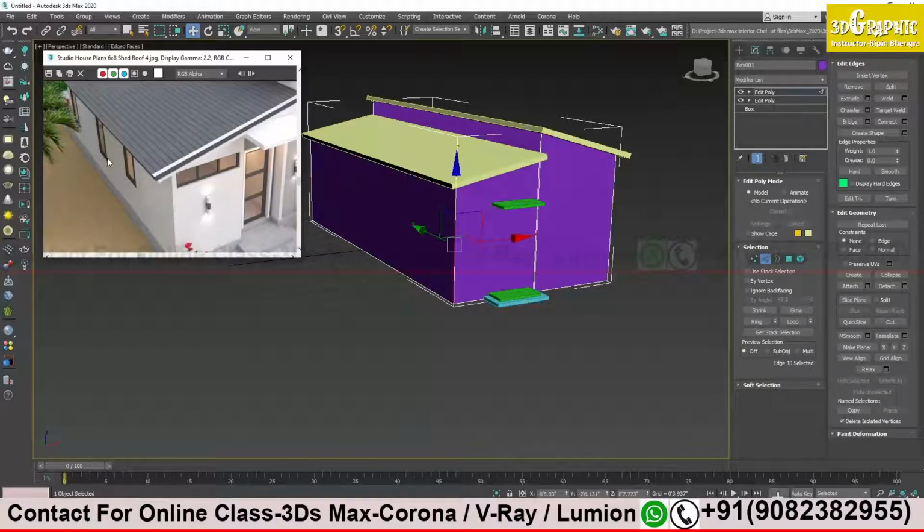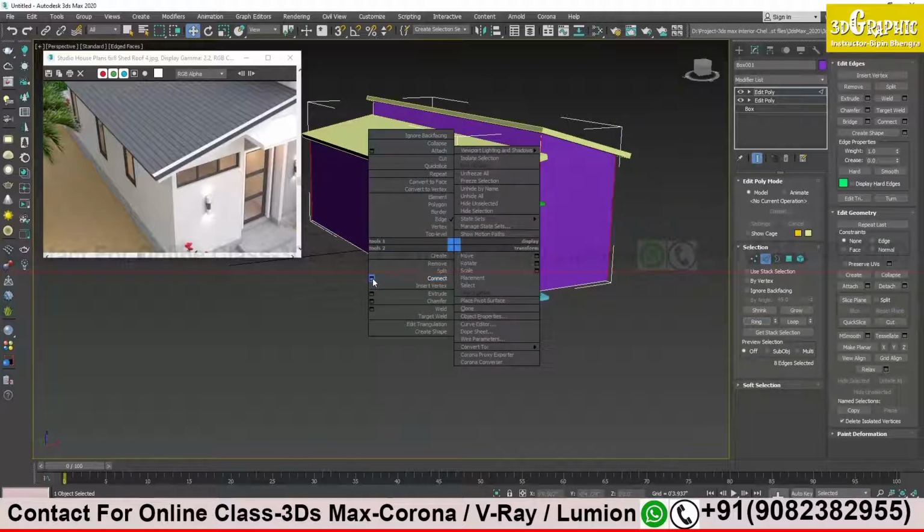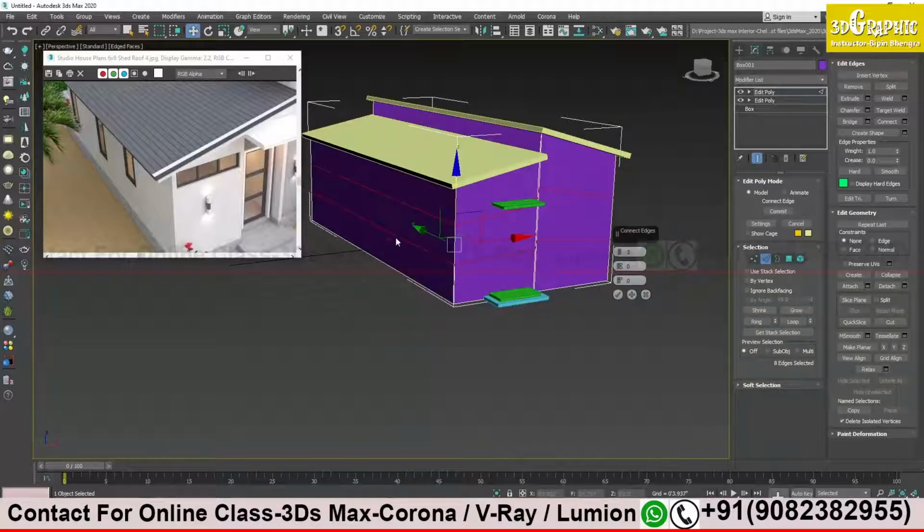So we need 2 extra edges for the bottom and the top area of my window. Clear? So I will just click one edge over here and I will go for ring, right click, and then I will say connect. I need 2 lines. Just try to increase the height between the lines and adjust the position a little.